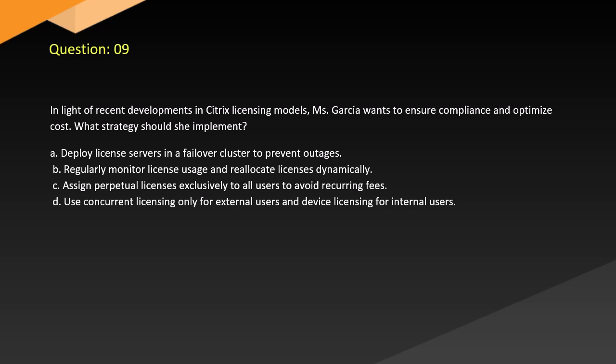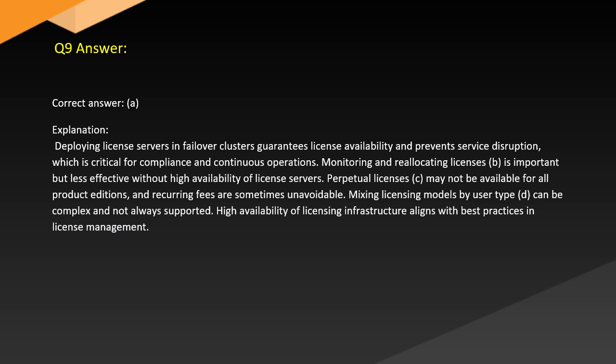C. Assign perpetual licenses exclusively to all users to avoid recurring fees. D. Use concurrent licensing only for external users and device licensing for internal users. Answer. Correct answer: A. Explanation: Deploying license servers in failover clusters guarantees license availability and prevents service disruption, which is critical for compliance and continuous operations. Monitoring and reallocating licenses